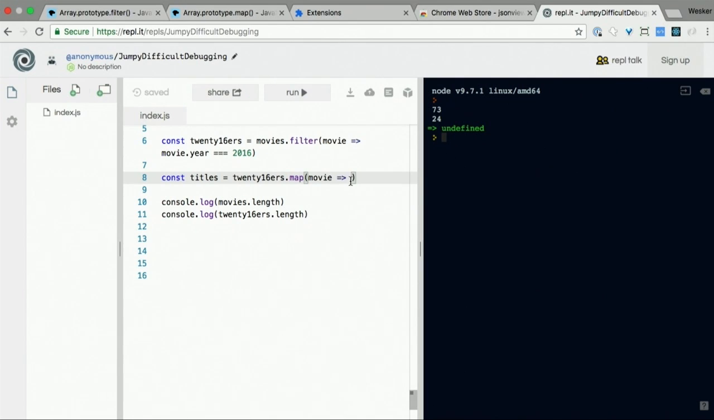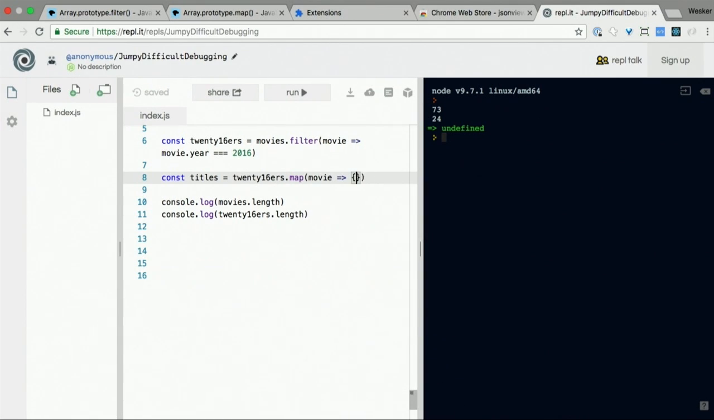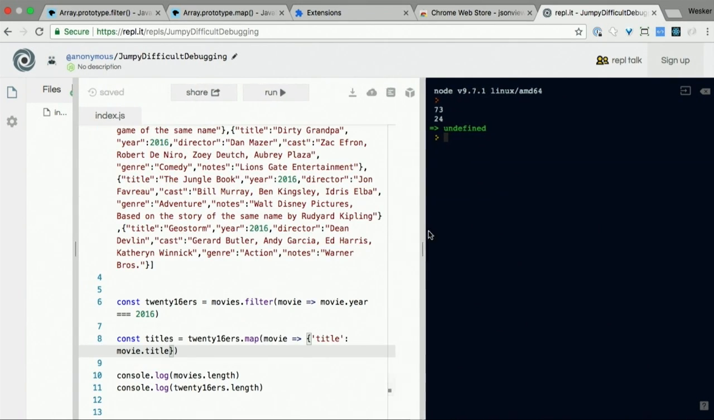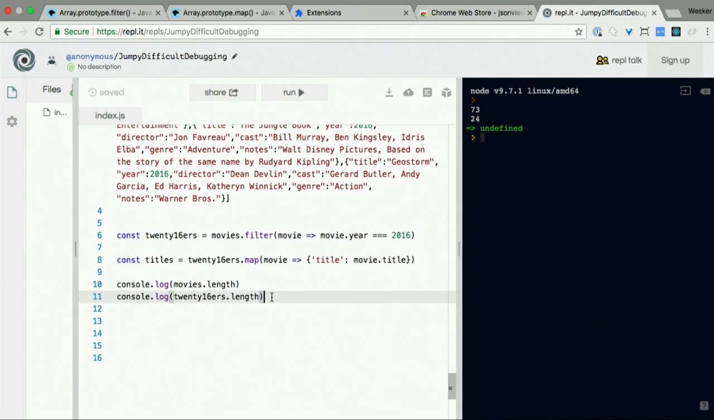Can anybody take a gander at what I'd write over here? What would this function actually do? You could return movie.title. Yeah, it'd be a new object is what I'm looking for. And then I would just give it the title. So let's just do title, and then give it movie.title. Can I make this? Boom. Okay. And now, if I do a console.log,